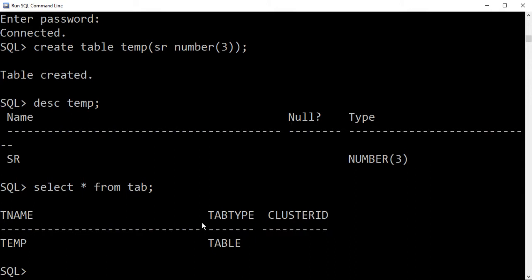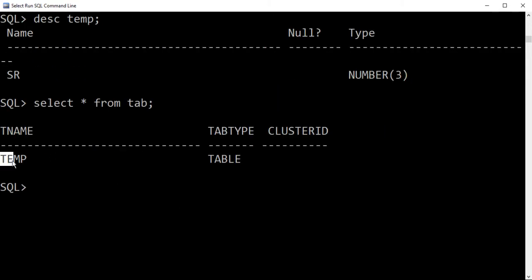So here the first table is created as temp. This is how this particular scenario works. It means I have created a user, and the user can have a different database or different list of tables for themselves only.